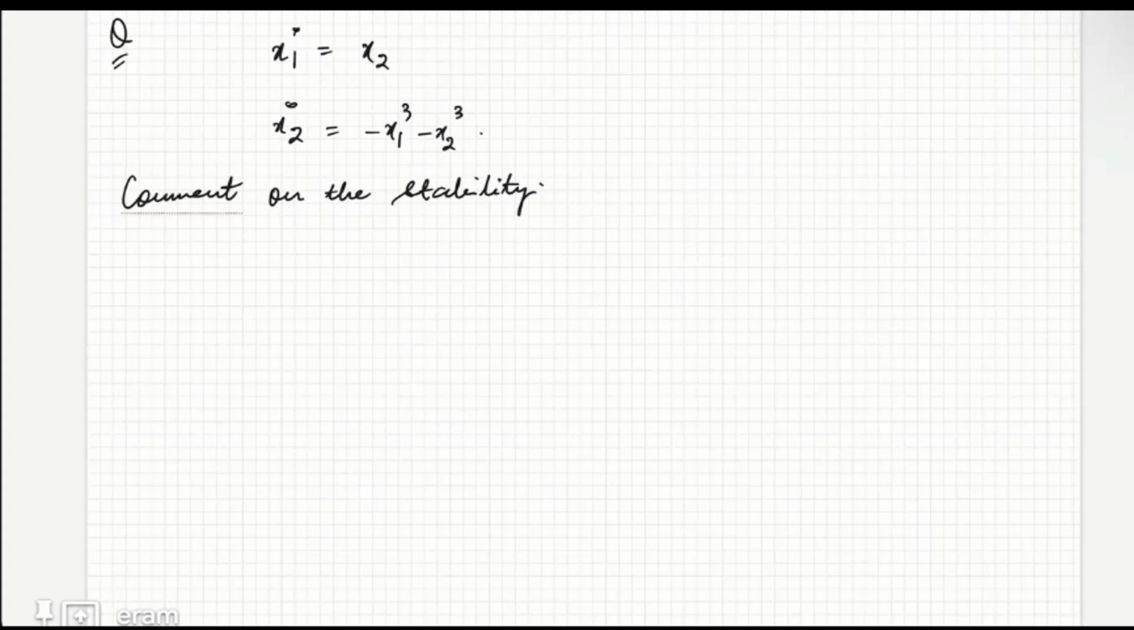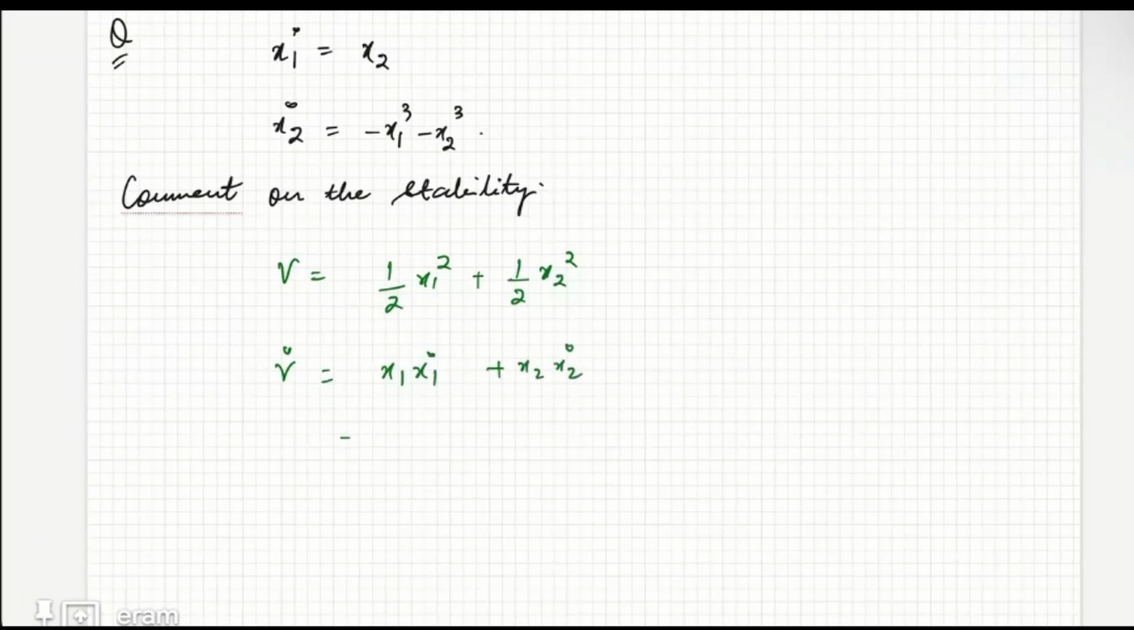Okay, let's start with the Lyapunov function. If we consider a Lyapunov function, let's take half x1 square plus half x2 square. What will be the derivative of V along the solution? So it will give us x1 x2 and then